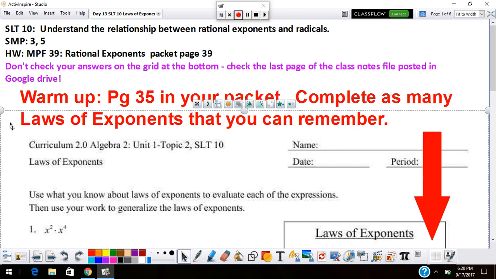Homework tonight is going to be Making Practice Fun 39, the Rational Exponents worksheet. Please be aware that if you do not show all your work, I am not going to give you any credit. What I'd like you to do is to please turn to page 35 in your packet and complete